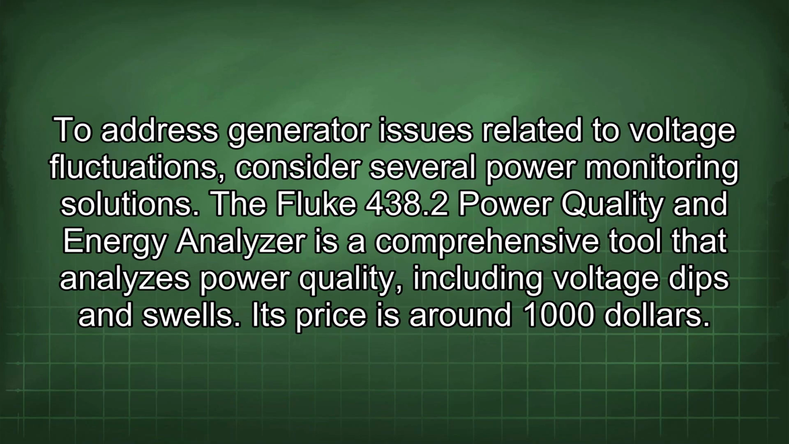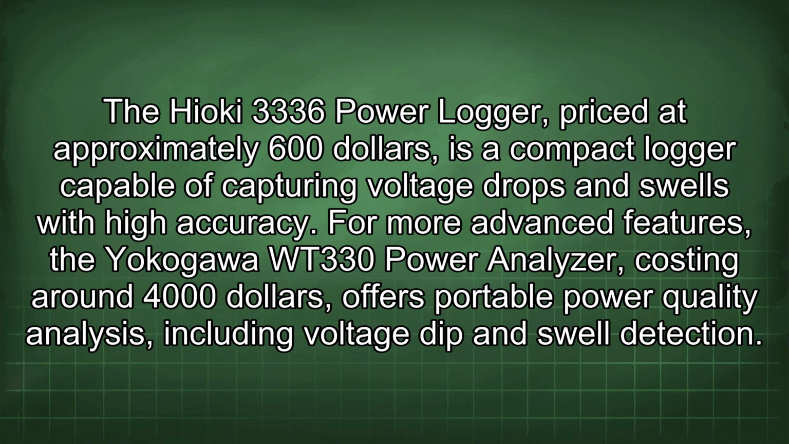To address generator issues related to voltage fluctuations, consider several power monitoring solutions. The Fluke 438.2 Power Quality and Energy Analyzer is a comprehensive tool that analyzes power quality, including voltage dips and swells. Its price is around $1,000. The Hioki 3336 Power Logger, priced at approximately $600, is a compact logger capable of capturing voltage drops and swells with high